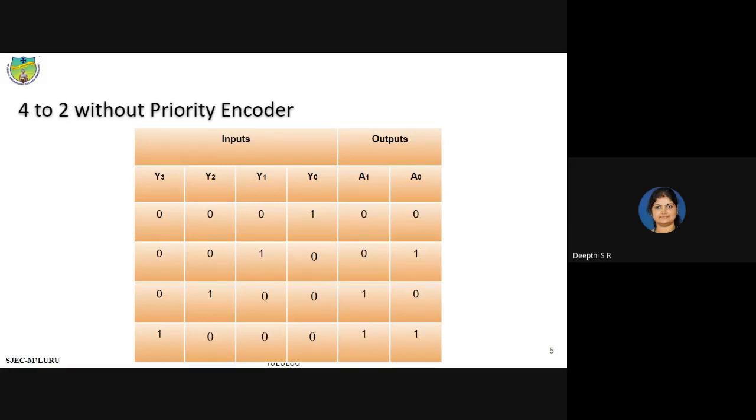What is the expression for A1? Y3 bar, Y2 bar, Y1 bar plus Y0. Okay. So any other response? Samarth, Y3 plus Y2. Okay. So then,